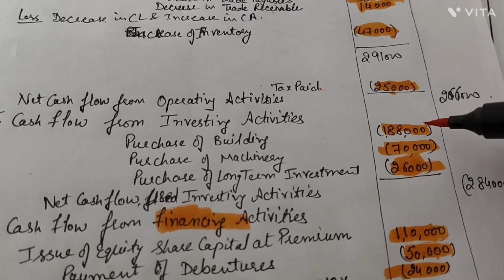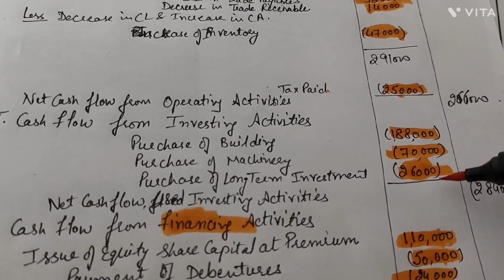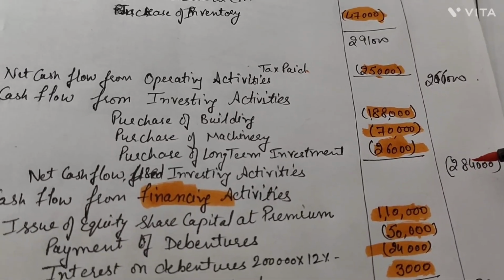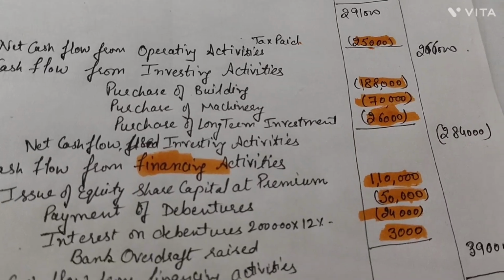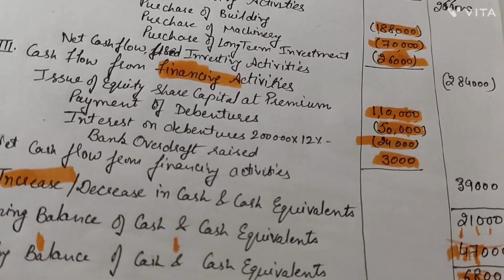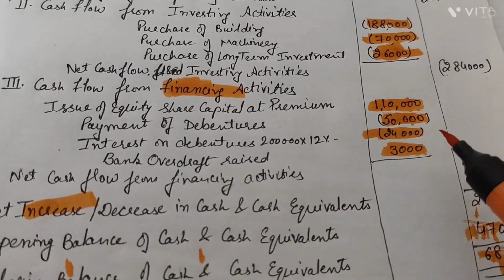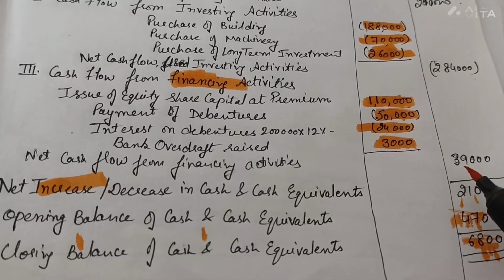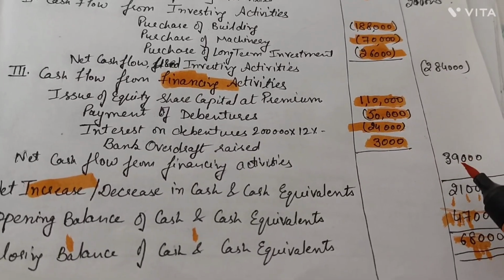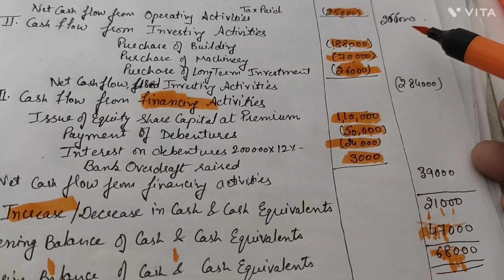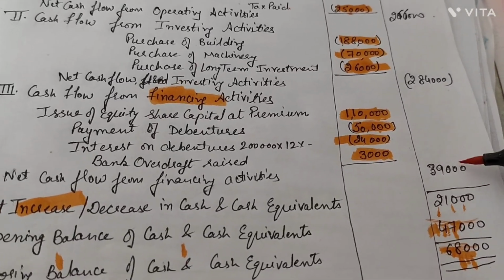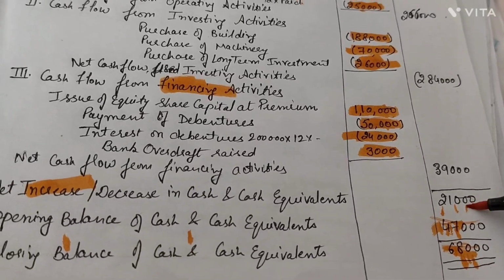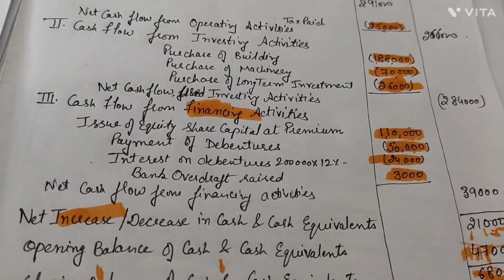But in the investing, all were negatives. So the balance from the investing activities was cash used in investing activities, 2,84,000 in the bracket. Then the last activity we had over here is financing activity. For the financing activity, after making all the calculations, we got a plus balance of 39,000. That is the cash flow from financing activities, 39,000. Now these three balances, 2,66,000 plus 39,000 minus 2,84,000 give us a value of 21,000. So that means our cash flow statement is correct.